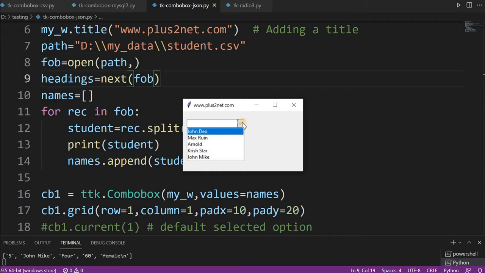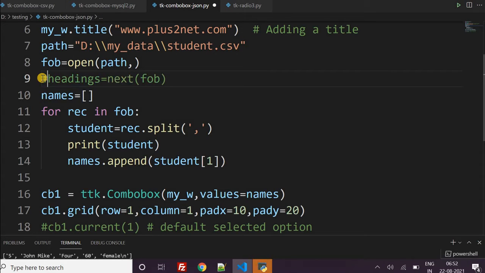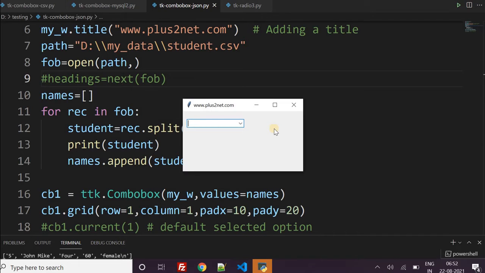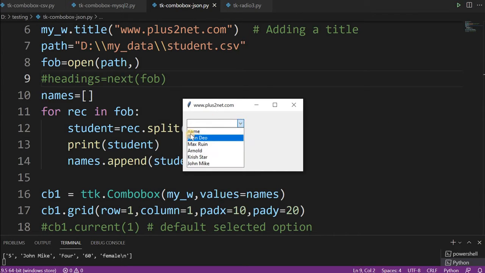Yeah, you can see the names are taken. I have taken few rows, only 4 rows. Actually, whatever you download will have around 35 rows of data. You can see I have removed the header column. If you want the header, then what you can do is comment this line. You can see now headings will be included. Let me close it and open again. Minimize. Here it is. You can see the header is also available. So if in your case you require it, you can keep it.